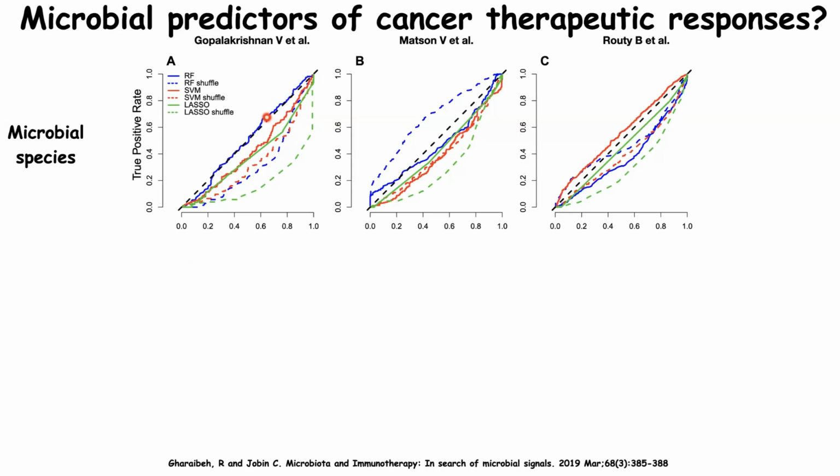response, if you were looking at a biomarker, the area under the curve should be in the top left corner for high sensitivity and specificity. You could see here that nothing is formed. So there's no predictor whatsoever across the data set. None of these data could tell you that specific microbes will define responsiveness.